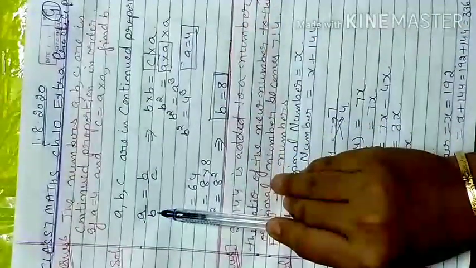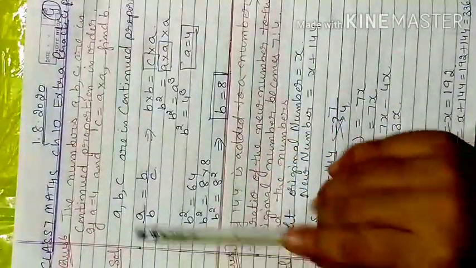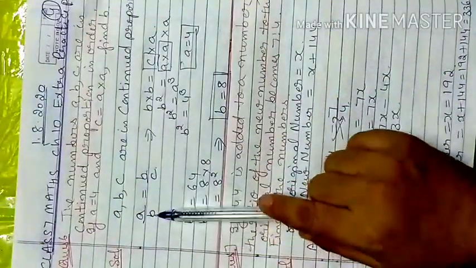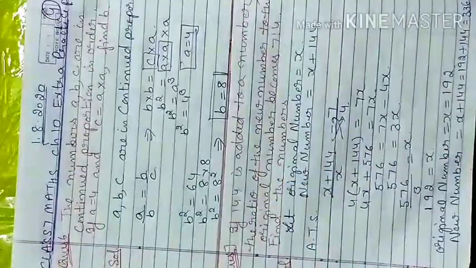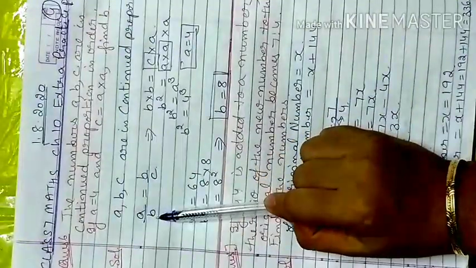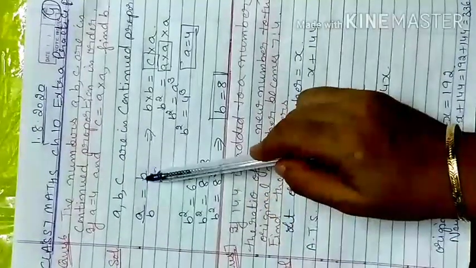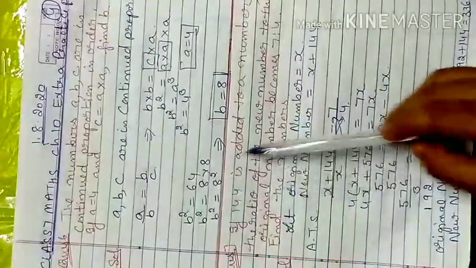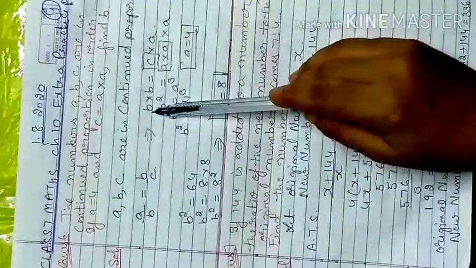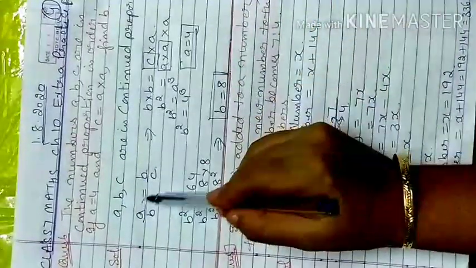So a divided by b must be equal to b by c. A ratio b, first term ratio second term, must be equal to the second term ratio third term, or the fraction of the first 2 terms is equal to the fraction of the last 2 terms. So that is a continuation. In continuation, the first fraction's denominator becomes the same as the numerator of the second fraction. So that is a continued proportion. When I multiply with each other, like b square and ac, that gives me b into b is equal to c into a. Now I cross multiply with each other, this one.